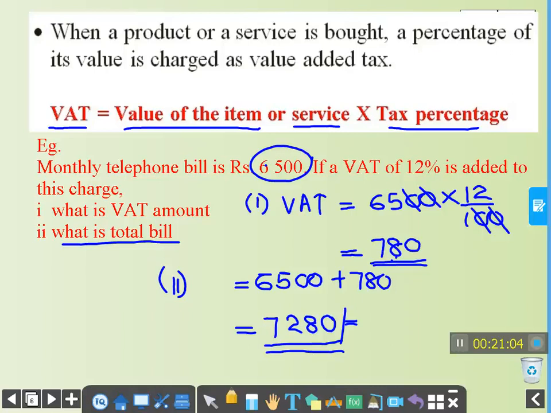Income tax, according to the amount of the income, there is a table. You have to categorize using the table and find the income tax. Finally, we studied VAT, how to calculate that. Value of the item or the service multiplied by the tax percentage. Now definitely you can answer that first exercise in your textbook. With the next lesson, I will explain all the sums in your first exercise. But before that, now start to answer the first exercise. With my next video, you can correct your answers.